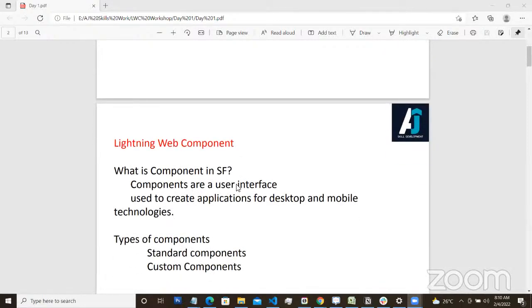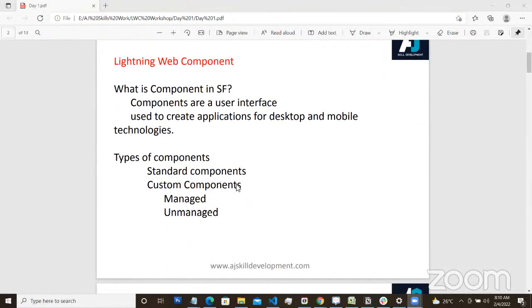To begin with LWC, Lightning Web Component, what is meant by a component in Salesforce? First, we need to know that, right? What is meant by component? A component is generally a user interface. You can consider a component as a user interface used to create applications for desktop and mobile technologies. So you will be creating components. The components can be used in the Salesforce web-based application, or